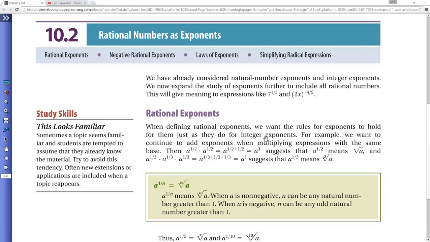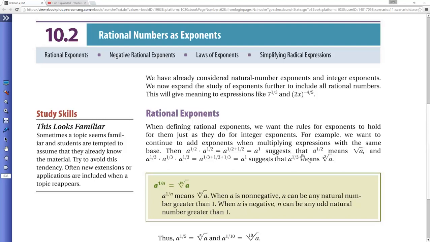Okay. Well, rational exponents. When defining rational exponents, we want rules for exponents to hold for them just as they do for integer exponents. For example, we want to continue to add exponents when multiplying expressions with the same base. Again, the base in this case is a and the exponent is 1/2. Well then, if we took a to the 1/2 power times a to the 1/2 power, we would get an addition of those exponents. That's an exponent rule we have when you're multiplying like bases, which would be 1/2 plus 1/2, or 1,